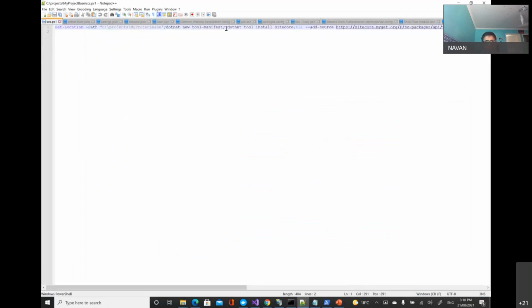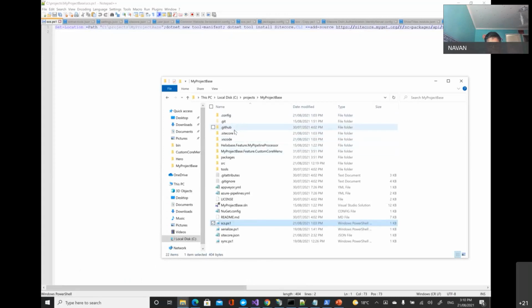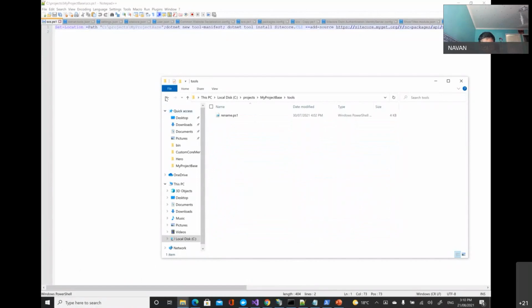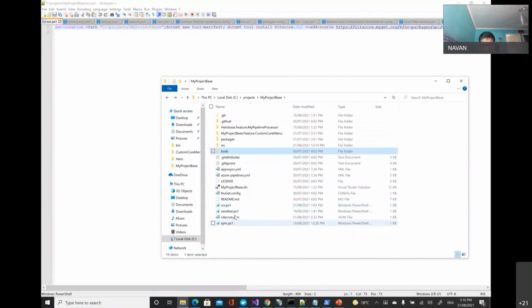So .NET tool manifest, which we saw, which creates each of these folders, like the config folder, Sitecore folder, then the user.json. So what I'm going to do is I will cover a couple of steps in generation of this file, part of the Helix-based project. So I'll delete this because this gets generated by the application.